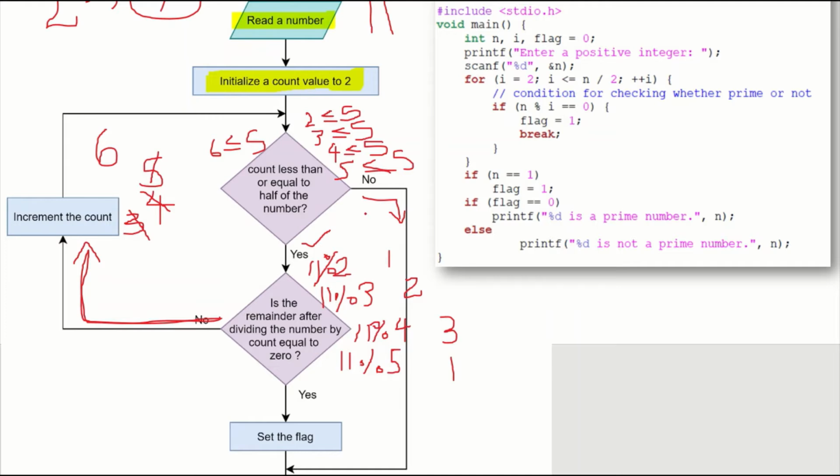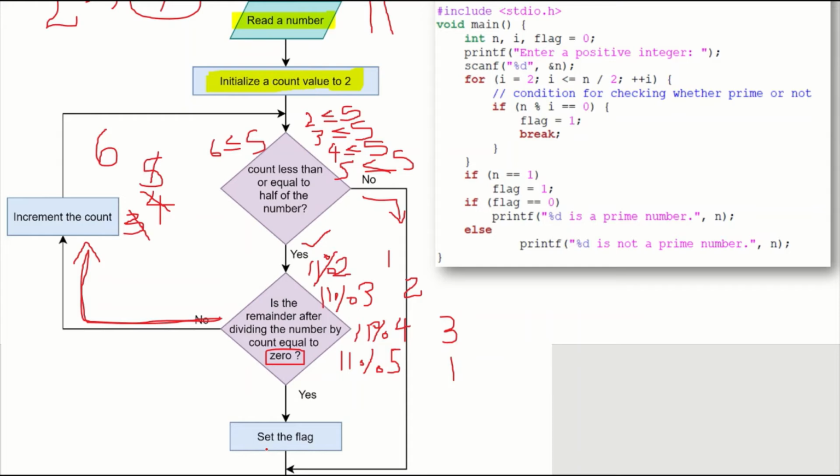Okay, if there was a factor for this number between 2 and that number divided by 2, then this condition would be satisfied, and it would go to this portion and set the flag. But in our case, that flag is not set as the number is not a prime number.